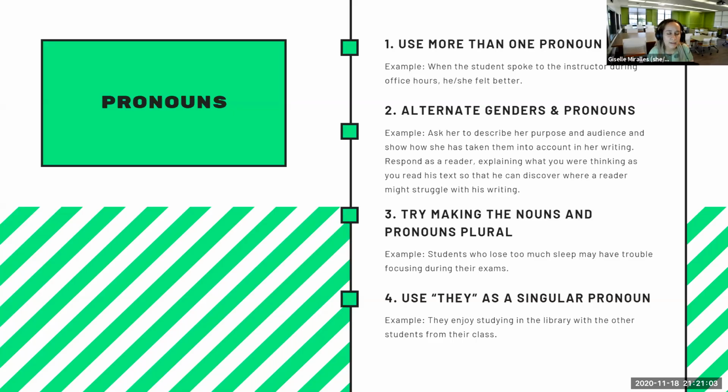type of writing response. So, for example, you could write something like, ask her to describe her purpose and audience and show how she has taken them into account in her writing. Respond as a reader, explaining what you were thinking as you read his text so that he can discover what a reader might struggle with in his writing. So, this option only works, like I said, in certain situations, usually when you're talking about hypothetical situations